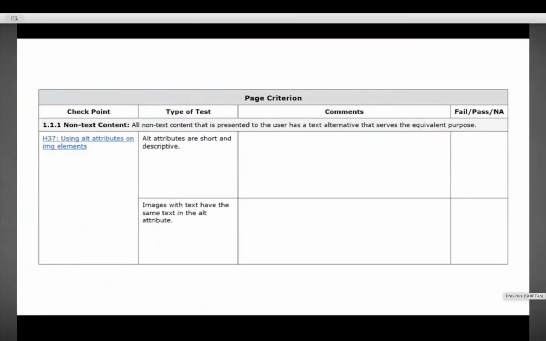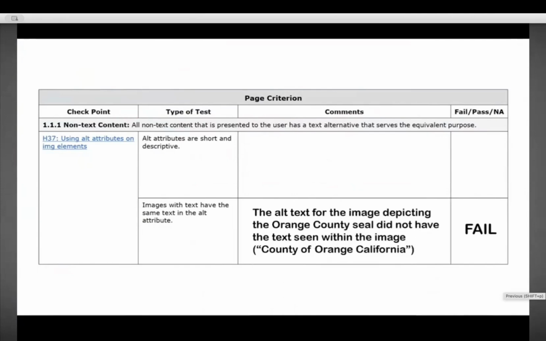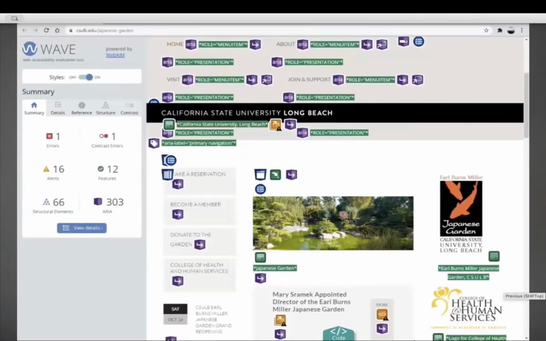On the evaluation worksheet, after checking to see if images with text have the same text in the alt attribute, determine whether the website passed or failed. On the OC Public Library's website, we can say that the site failed the test. As we noted earlier, the alt text for the image depicting the Orange County seal did not have the text seen within the image. We can see an example of an alt attribute containing the text from an image on